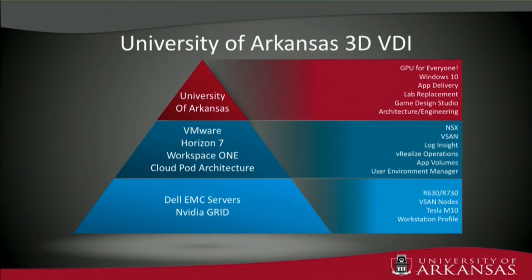Yeah, cool. And then one more note on that, as you guys were talking about Blast Extreme, as an R1 university, we have an enormous pipe coming into our data center. We have 100 gig coming in our data center, but we're in Arkansas, and there's 17 campuses in our system. A lot of them are rural, semi-rural. So when we think about being able to deliver those experiences from our campus out to those different institutions, using Blast Extreme, being able to optimize for the WAN and tweak those settings to get just the right delivery, that's awesome.